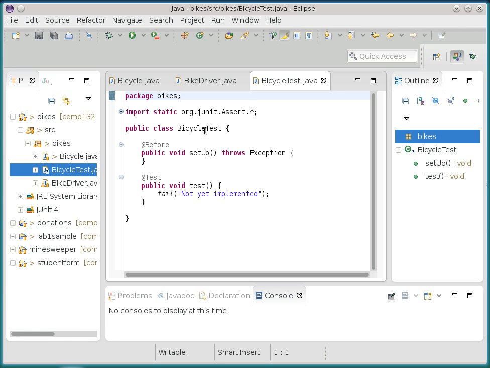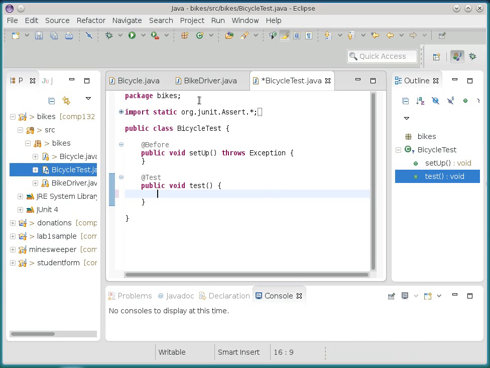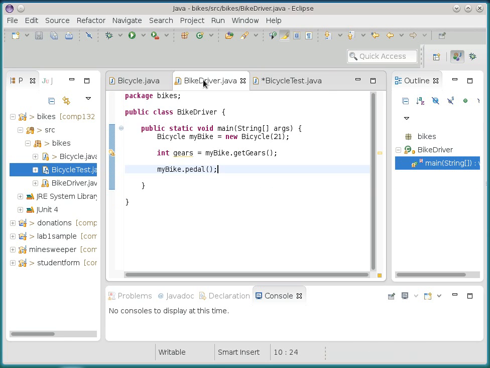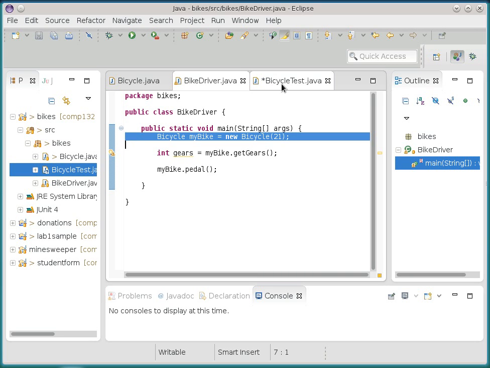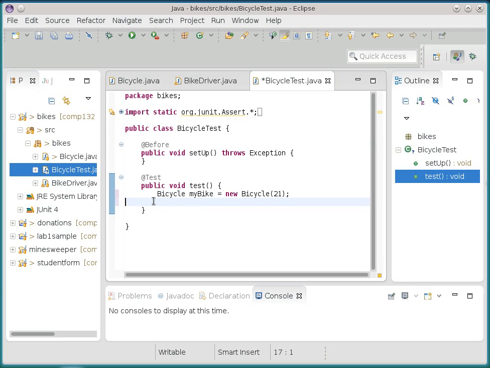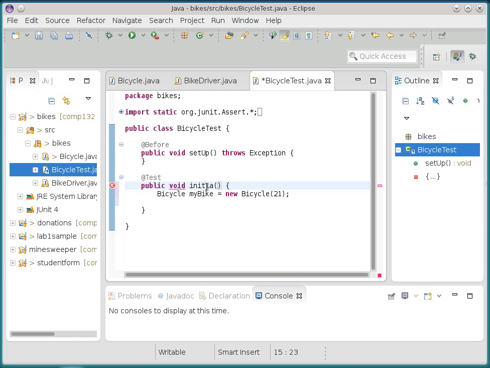Okay, so we're going to ignore the setup. We're going to say here's where we should put our first test. We can go steal stuff from the driver. Here's what we did initially in the driver to make a bicycle. So every one of these tests is basically almost like a mini little driver program to test one little specific thing. So if I make a bicycle, and we'll call this test initial setup,